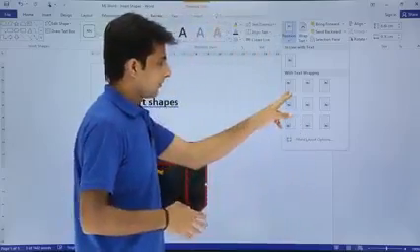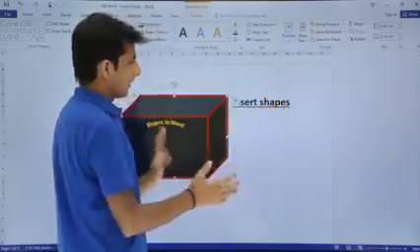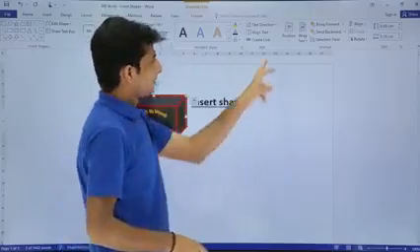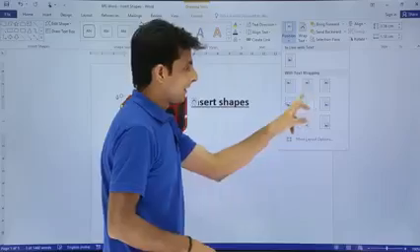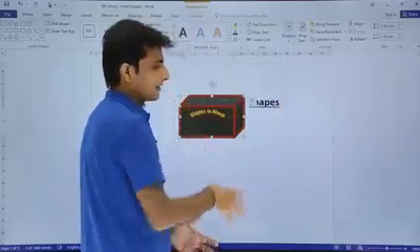Do you want it on the top? So if I click on top, see what happens to the shape. I'll click on this top. It comes on the top left corner. I'll just reduce the size. Similarly, if I ask for middle top, middle center, I'll select this option. So it came in the middle itself.